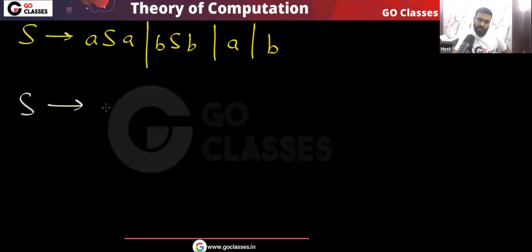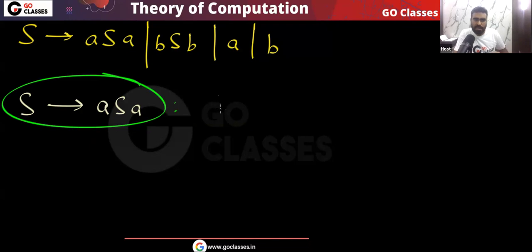But let me explain that this grammar is for odd length palindromes. Look at this grammar. We have S goes to aSa, which means if you start with a, then you end with a. We have bSb: if you start with b, then you end with b. And then I have a, b. So what strings will this grammar generate? From this S, what strings can I generate? I can start with S and replace it with aSa. Yes or no? So if I start with a, as a very simple point, this S, I replace with aSa, meaning this is my first production,